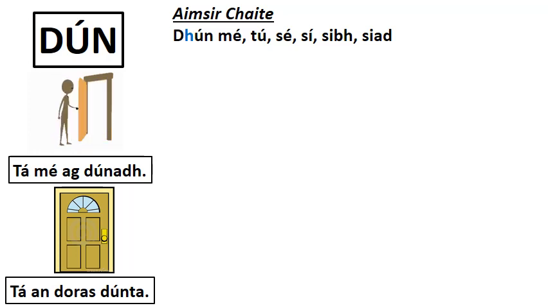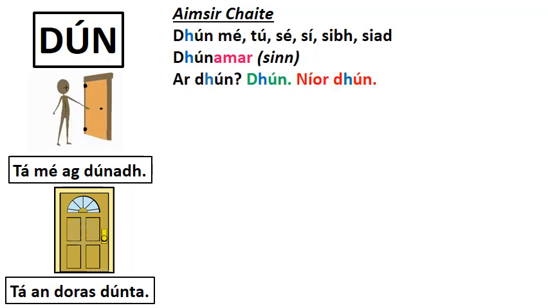The one you're noticing isn't here is we, because we have a special ending for we, amar. So sinn means we, and when we say we closed, we don't actually use the person word, we have it stuck on with this new ending. So it's dhúnamar, we closed. If we want to ask a question, we use our question word, ar. Ar dhún tú, did you close? To answer the person, we just say dhún, we give them the verb back, dhún mé, I did close. And if we want to say I didn't, we use our negative word, which is níor.